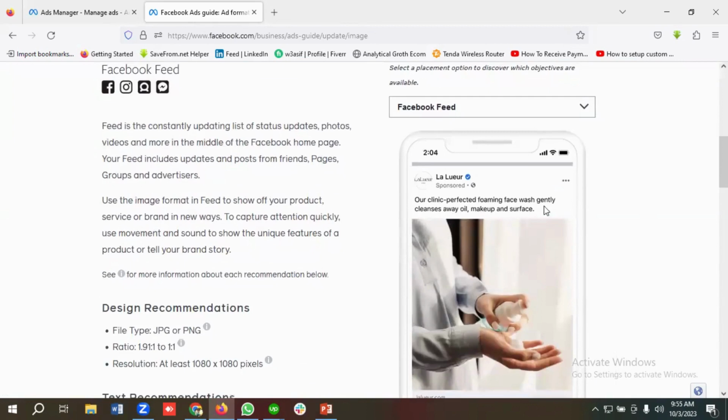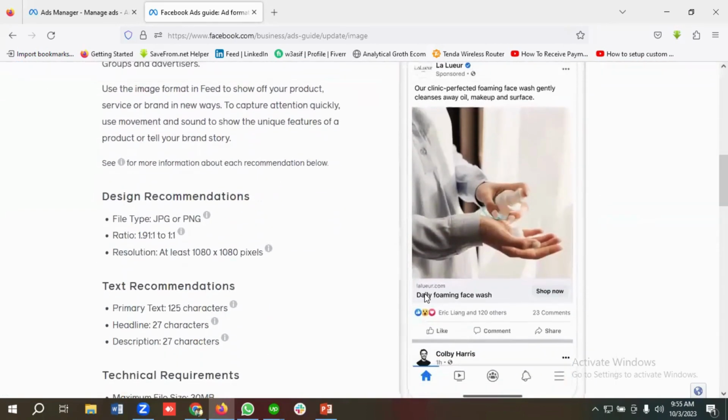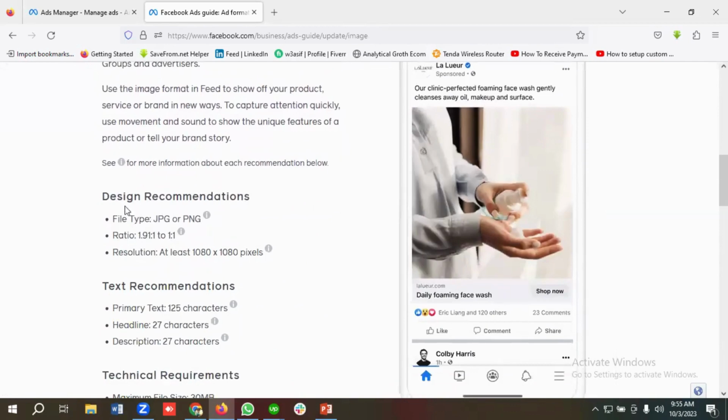Then you can see over here, this is the ad creative. Then this is the image format. Okay. This is the headline, this is the website URL, and this is the call to action. And you can see over here, they have given us some recommendations like design recommendations: file type, JPG or PNG, ratio,